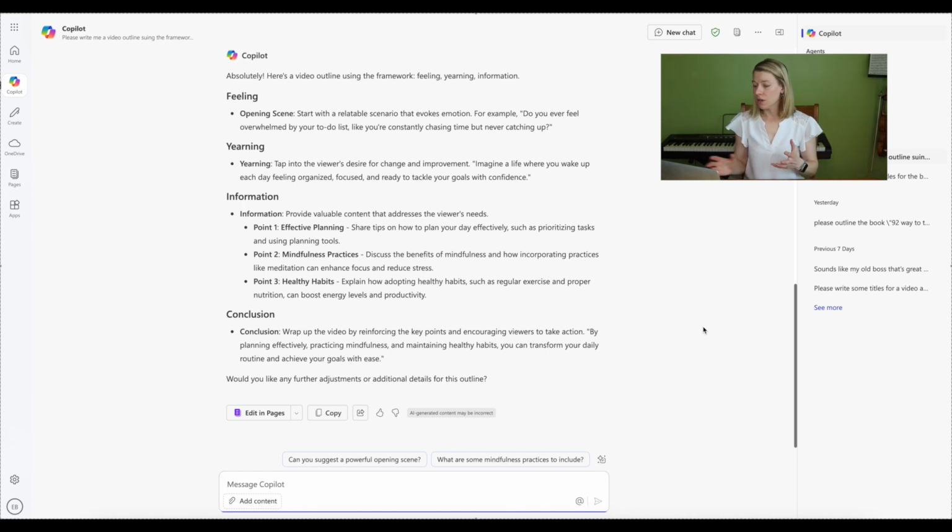And the conclusion, reinforcing the points, is really a personal preference. Do you want to recap your video, or do you want to assume the people watching it were paying attention and know what you said? Personal preference, that way. You can go either way. So those are two different really good ways to get frameworks for videos.